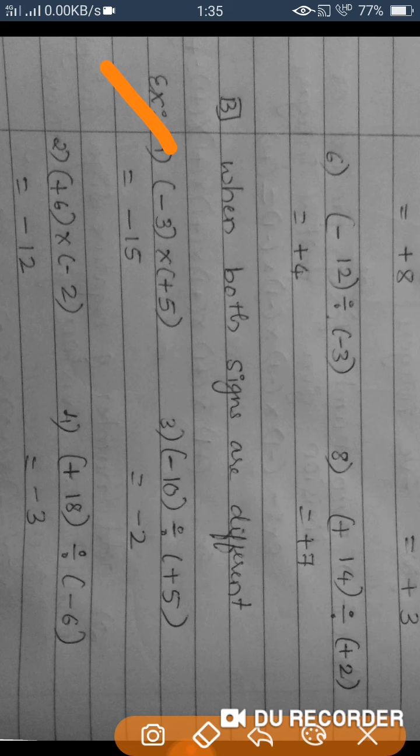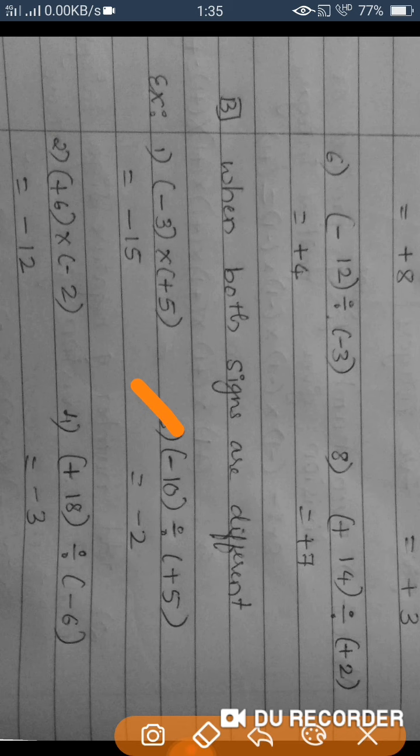-3 into +5. So one is negative, one is positive, means always negative integer only. Just multiply the numerals. 3 5s are 15. Okay, second one, positive 6 into minus 2. 6 2s are 12. One is positive, one is negative, means it is always negative itself. Then third one,